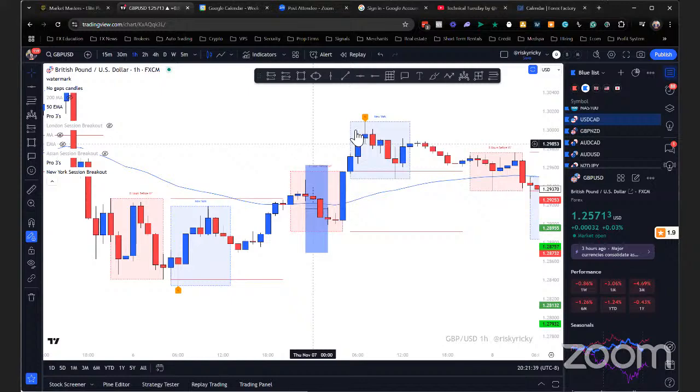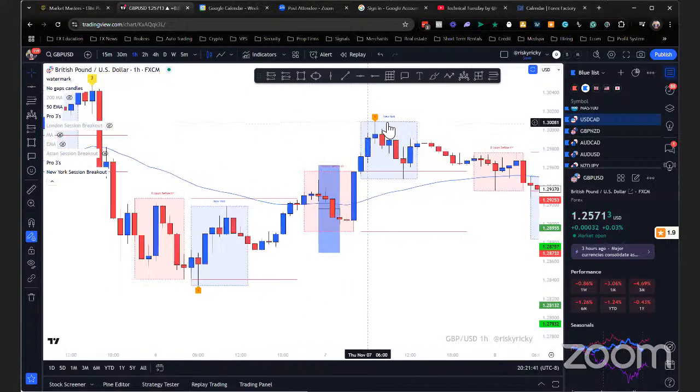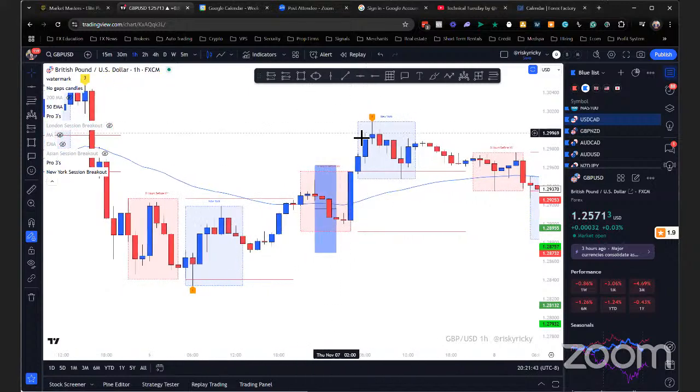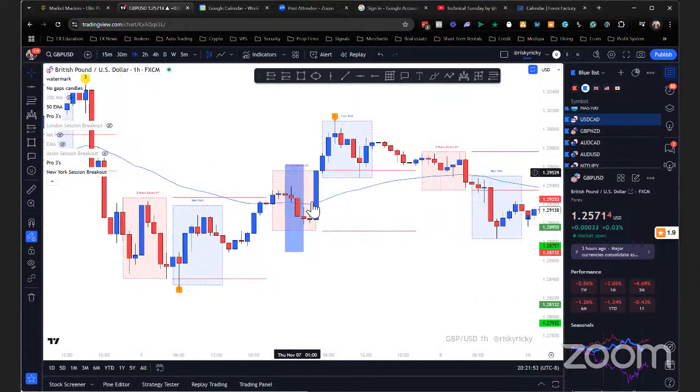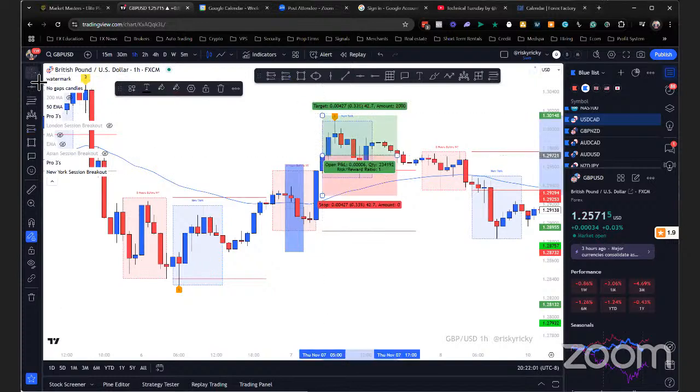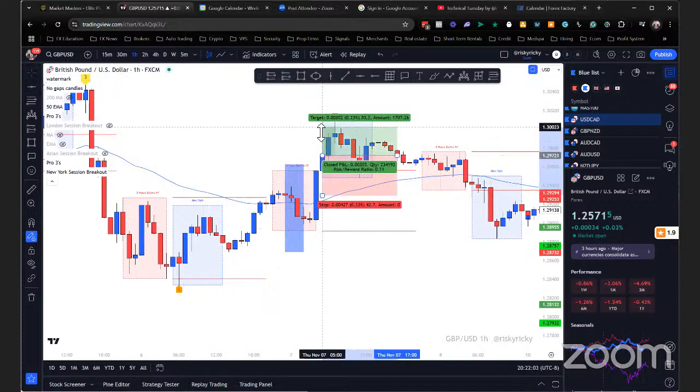So yeah, I will provide a list, but for now, just focus on GBP/USD. GBP/USD could be used for New York session as well. I just personally prefer it for London session. But yeah, for New York, this is how it worked. You can see New York open right there, price broke above there, and then that's where the entry would be when it closes, and you aim for 20 pips. So you can see that hit right there.